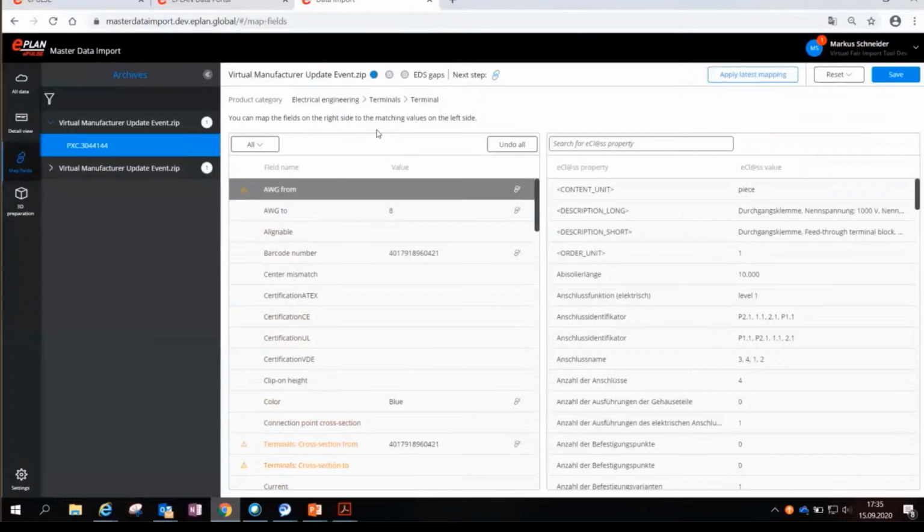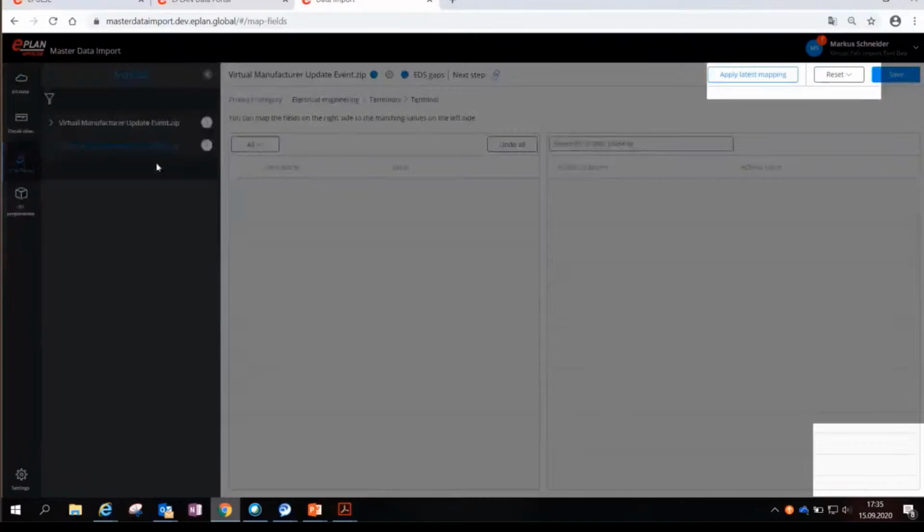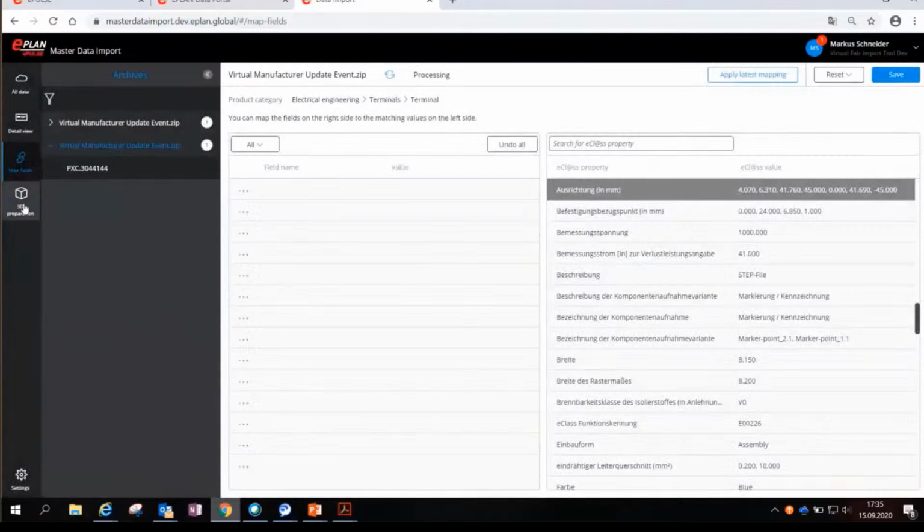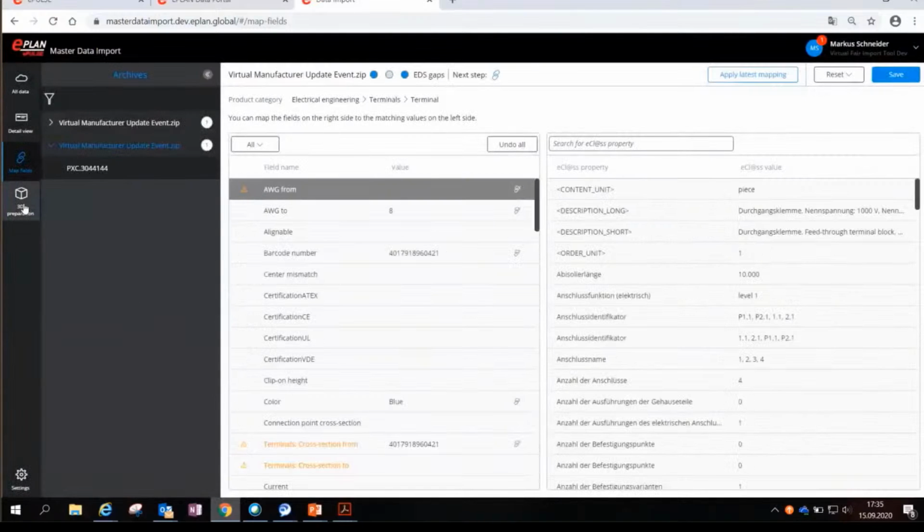When you finish this, the second dot would be switched to blue, and then the next would switch to blue. And when all dots are blue, you can publish this data. But I don't want to waste too much time now, and would like to show you what you have to do with this